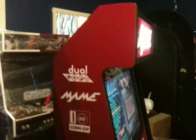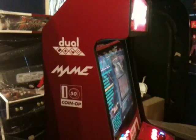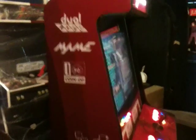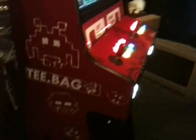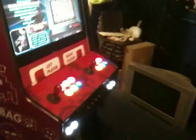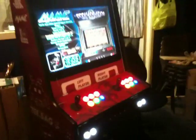That continues along the control panel, and he's done a similar thing with the side artwork, adding some custom motifs or logos of his own. It's been very nicely done. It's quite simple, even though it's all done in kind of grey scale, or should I say red scale. It's come out very nicely, and what we've got is a look very similar to the original Neo Geo arcade